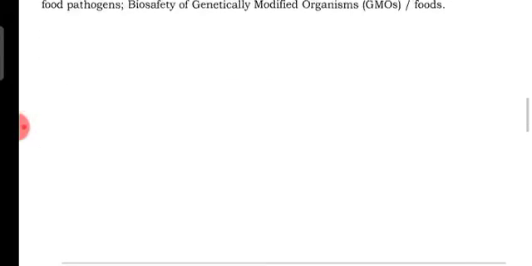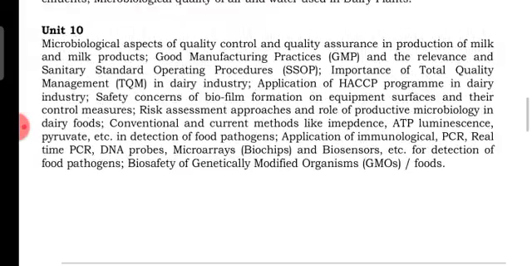Unit number 10 is, yes, the last unit, and this covers the microbial aspects of quality control and quality assurance in production of milk and milk products; good manufacturing practices and relevance of sanitary standard operating procedures, SSOPs; importance of total quality management in the dairy industry; application of HACCP program in the dairy industry; safety concerns of biofilm formation on equipment surfaces